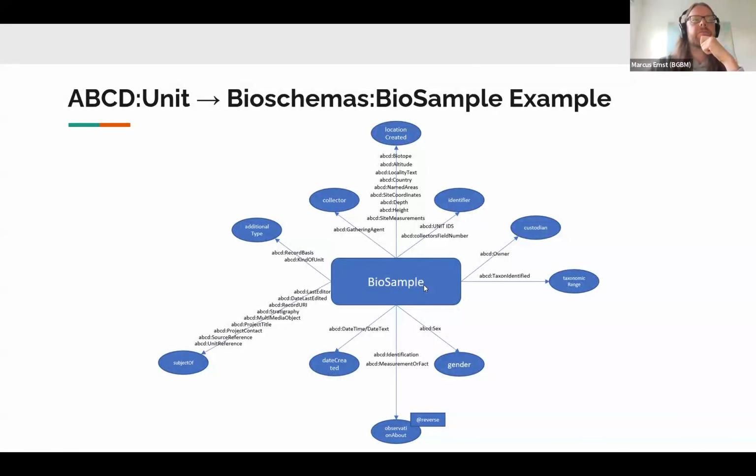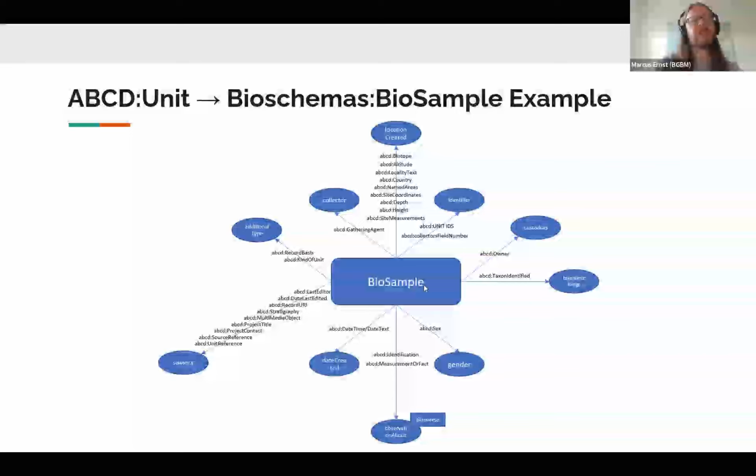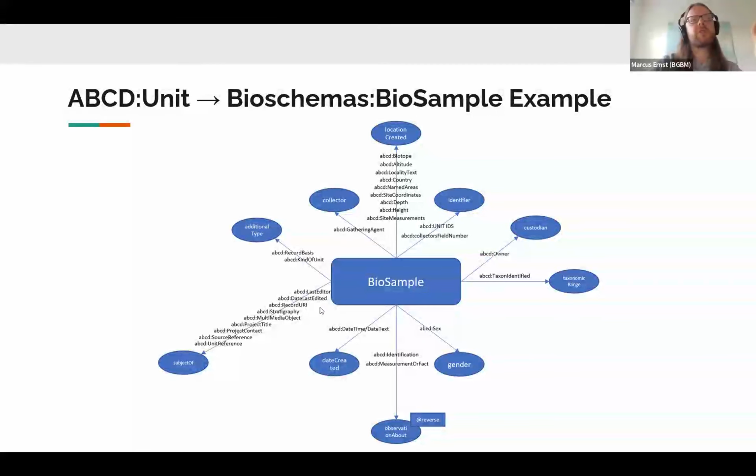So as a spontaneous example, if you have location information in ABCD, you have to distribute it to completely different properties of the BioSample object.